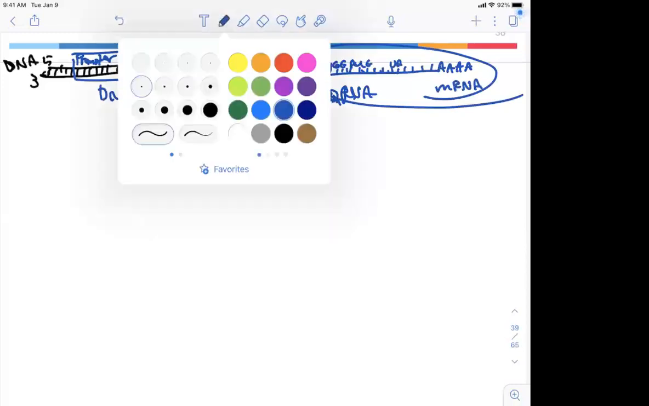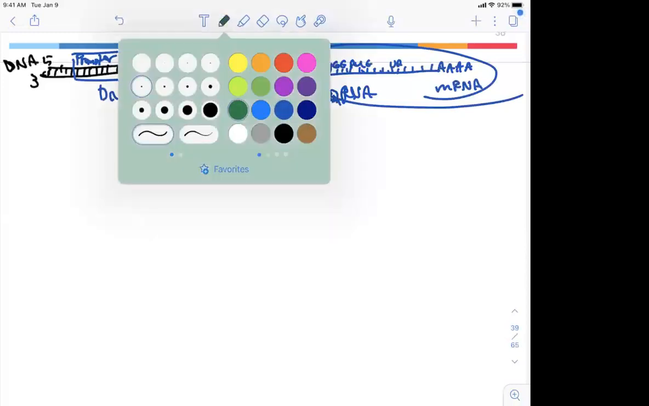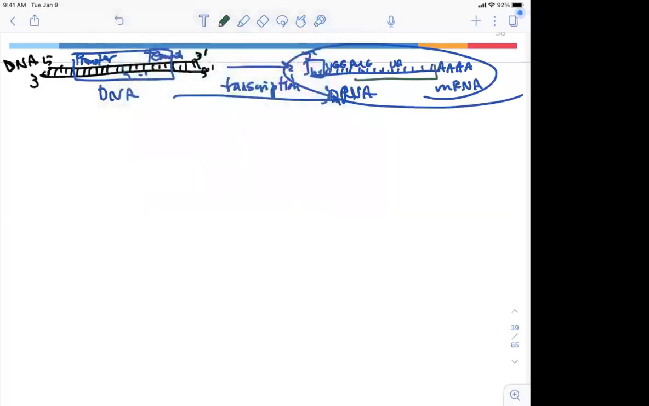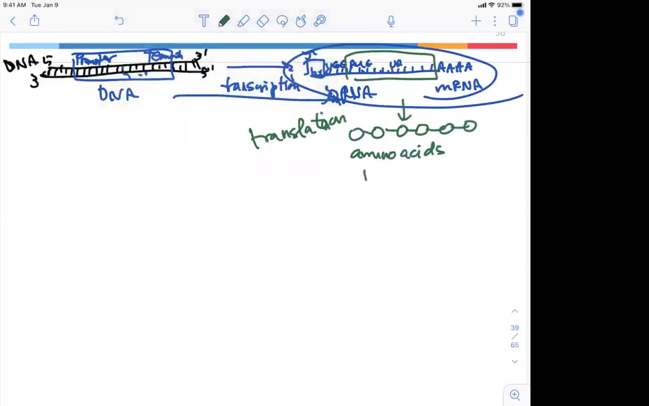Translation is finally where we're going to take the information that's in here and use it to piece together a sequence of amino acids. Okay, and that's translation. You're going to translate the code in the codons, nucleotide form, finally to amino acid sequences. Amino acids put together, remember, that's your polypeptide. And that's going to